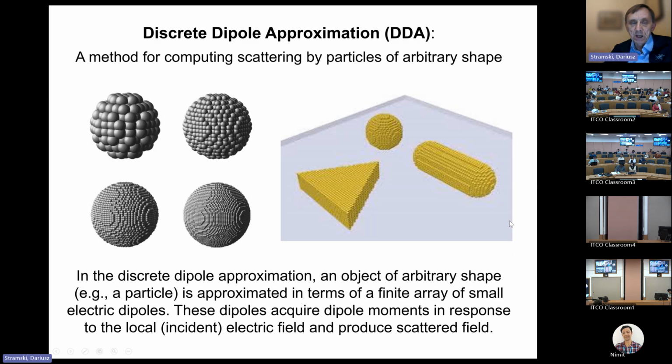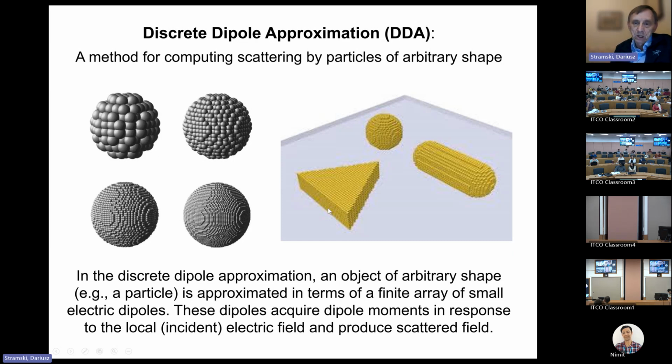But these theories have been used, and one of the most advanced theoretical approaches to calculate scattering is the so-called discrete dipole approximation, which is a method for computing scattering essentially by arbitrary particles, arbitrary shape, and even arbitrary internal composition, because this approach, DDA approach, discrete dipole approximation, assumes that a particle, here is shown like a sphere, but we could have